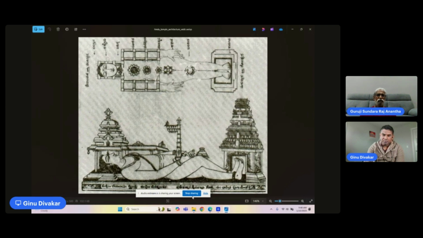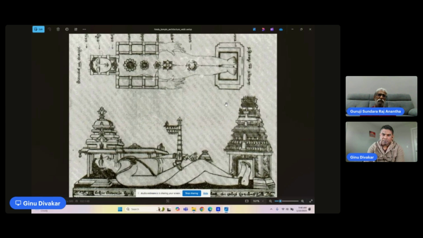So the first part of a temple is the gopuram. In the image, we can see it corresponds to the feet of the deity. So gopuram is the front entrance of the temple, and at the bottom part of it there will be steps. A stair will be there, which corresponds to the feet of the deity. So we must understand